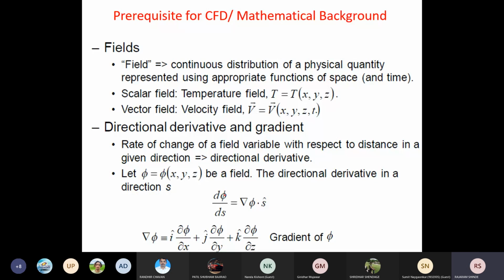So here we are differentiating with respect to direction, which is equal to the del operator, or the gradient of phi. What is the gradient of phi? That we will discuss. Okay. Gradient of phi dot s means d phi by ds, this is del phi, or gradient of phi dot s. Here I have written s is a normal vector, or s is the vector in the direction. Okay.